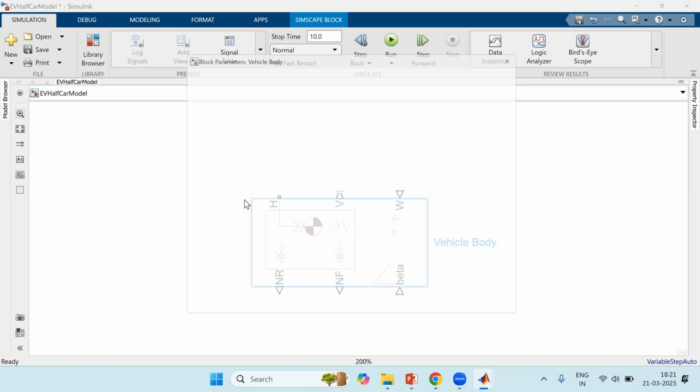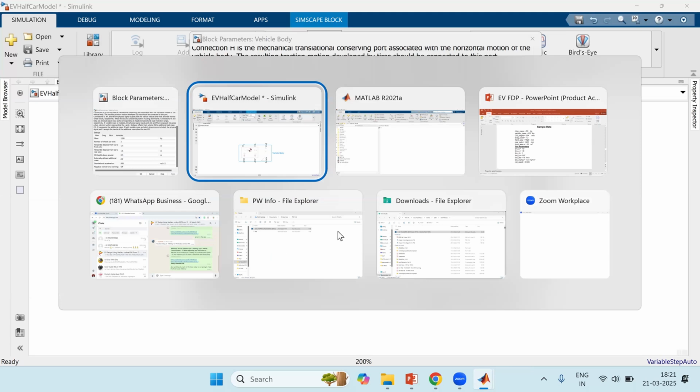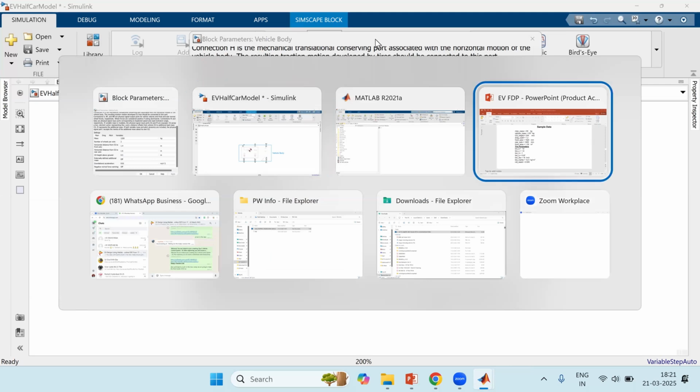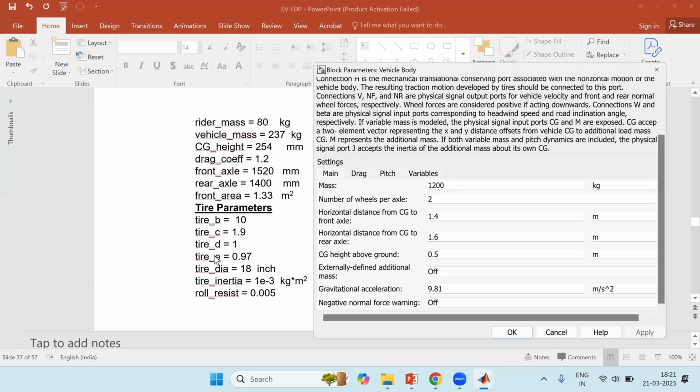So now I have to feed all the data from here. So this is the data. Take the parameter window, and this is a simple sample data to match the MATLAB requirements, right? So 80 plus 237 is the weight, and since it's a half car model, I would like to connect a single wheel per